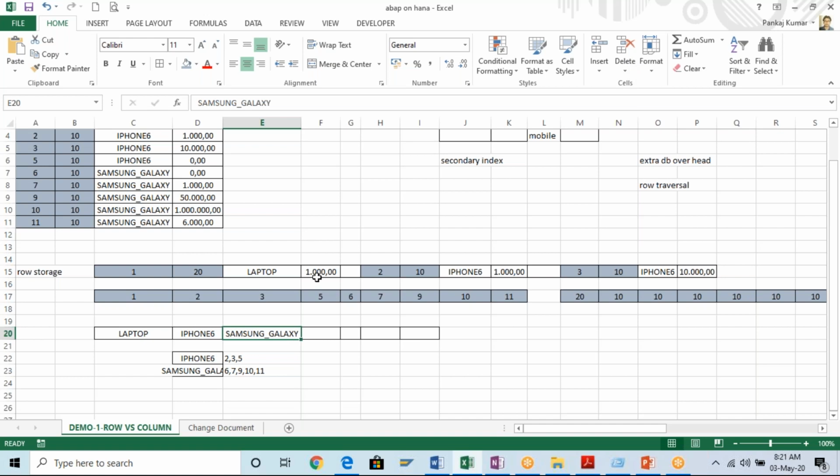Good. So yeah, what I was talking about, the advantages and disadvantages of row storage. Yes, thanks. So when we are talking about the advantages and disadvantages of column storage,